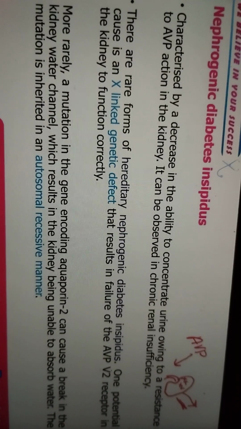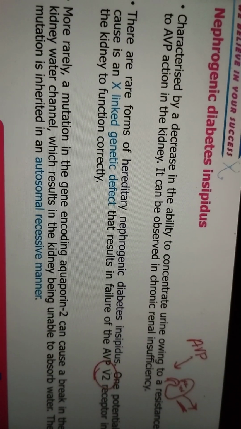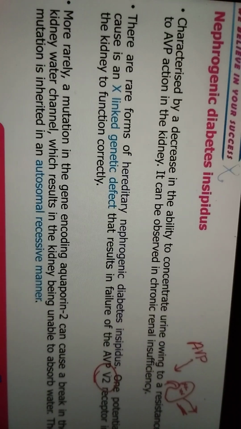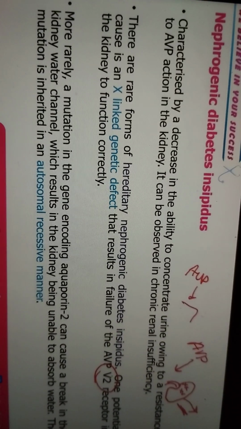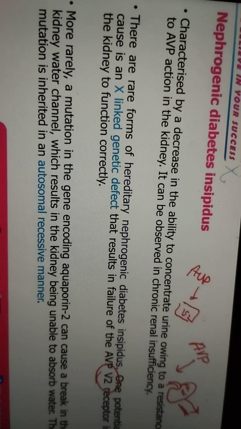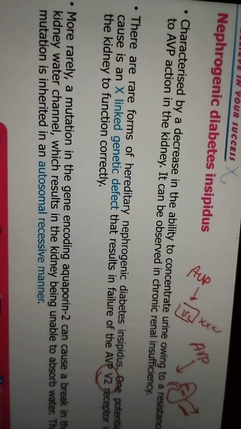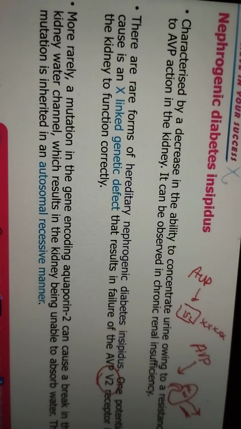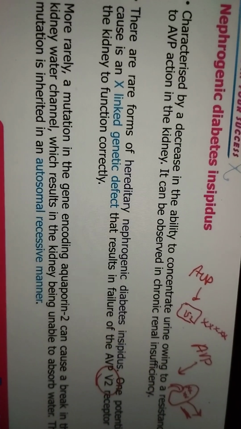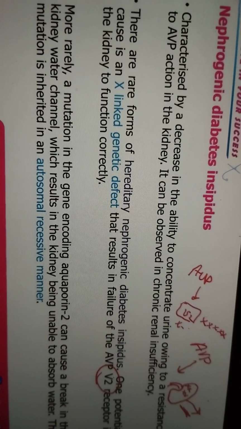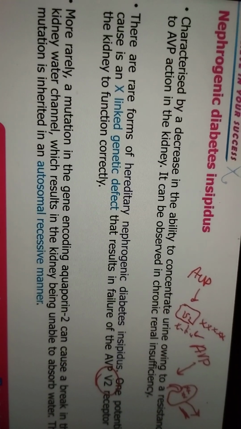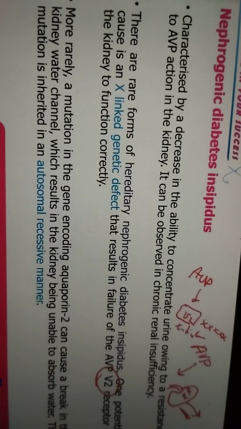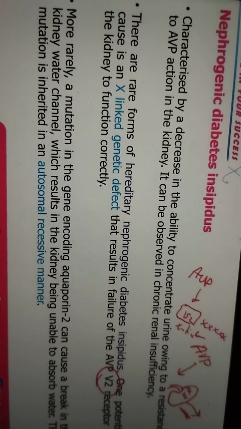causes failure of the V2 receptors in the kidney to function correctly. So now the arginine vasopressin goes to the kidney. These are the V2 receptors we mentioned. These V2 receptors are not doing their function properly because there is a genetic defect related to the X chromosome. We call that X-linked genetic defect. That's the first hereditary form of nephrogenic diabetes insipidus. The second one